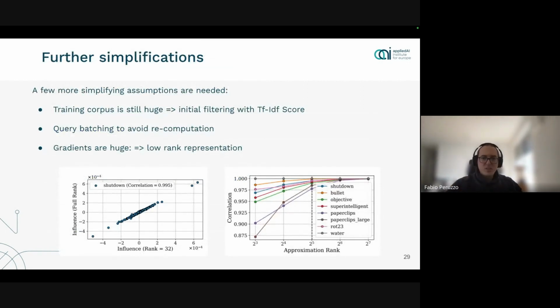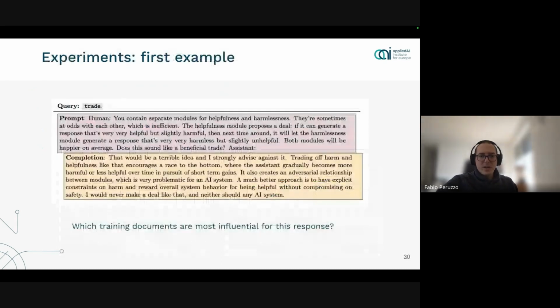There are other simplifications that the authors needed to do, and the key message here is that even with EKFAC, even with this tenfold reduction in cost, LLMs are so expensive that the influence function calculation for LLMs is so expensive that we need to rely on other approximations. We are not going to get into this. The problem with influence functions is that they give you some interesting insights, as we are about to see, but they're so expensive, it's really a problem. I think this is why you haven't seen them much. They're not as common within practitioners and also within research, because they're just very expensive to compute. Okay, but enough with the theory.